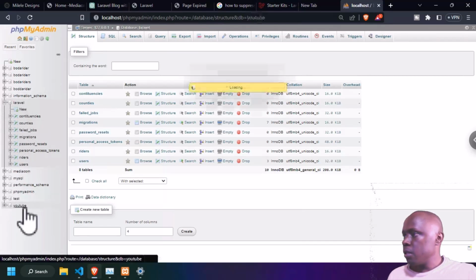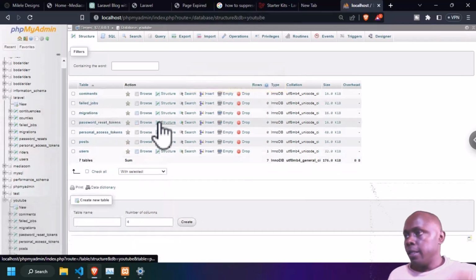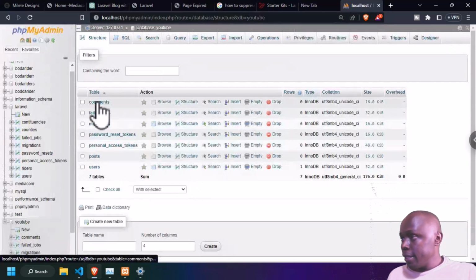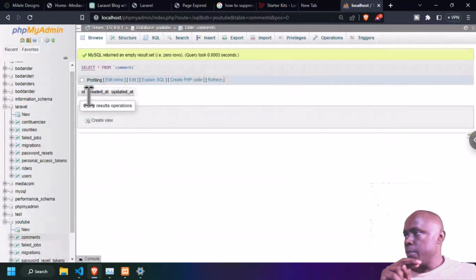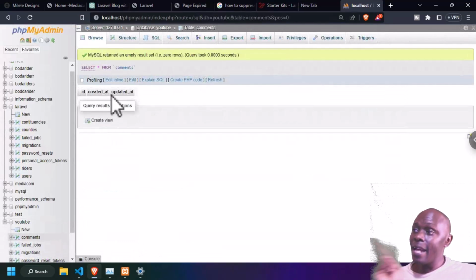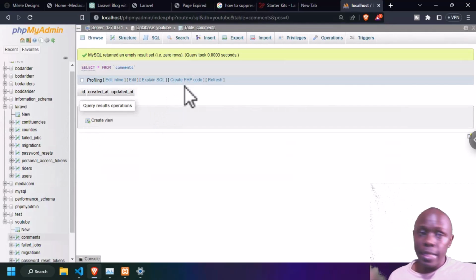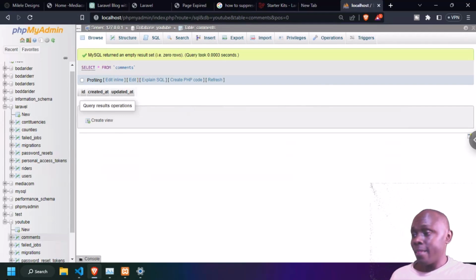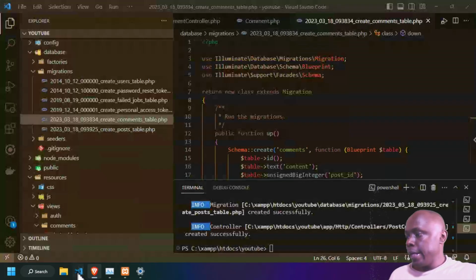Okay, let me add the view a little bit. When you go to comment, it doesn't have the two tables. Basically, you see it has created that and updated that, but we need it to have the post title and the content. So what we're going to do is drop this database, and then do another migration